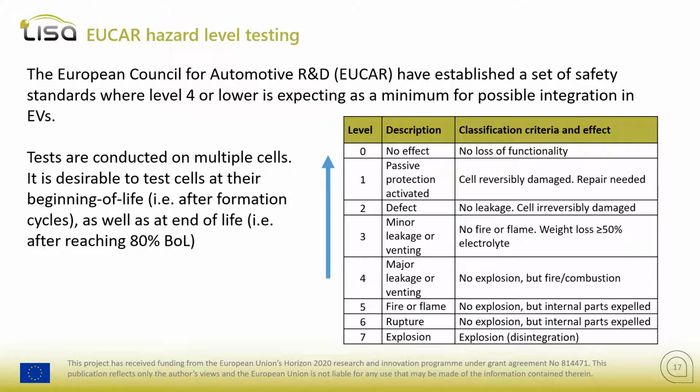EUCAR is the European Council for Automotive R&D, and they established this set of safety standards where level 4 or lower is expected as a minimum for integration in electric vehicles. Now, as you can see here on the table on the right, level 4 is still quite a serious incident should something go wrong. No explosions, but the release of gases, venting, and fire and combustion. And with the LiSA project, we're aiming to be as close to level 0 as is practicable, and we'll be conducting